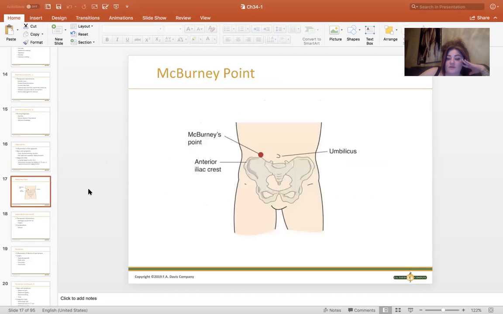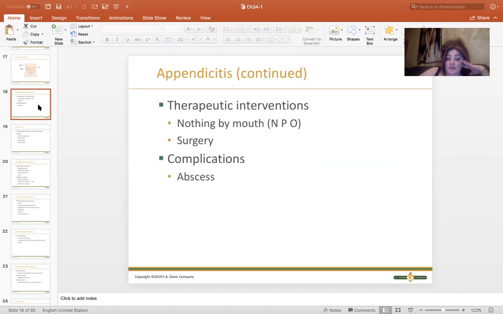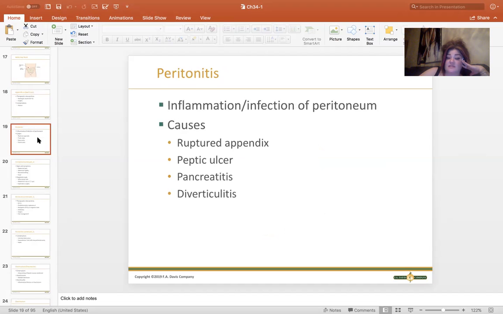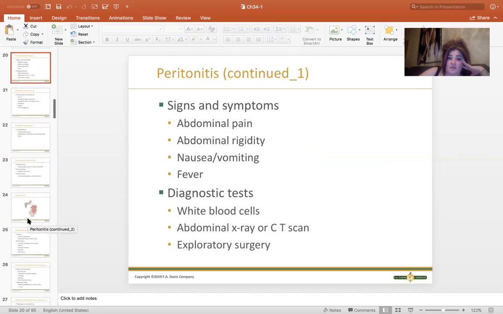We do not want that to burst, because that could potentially leak toxins into the body and can be extremely dangerous. It's considered an abscess that ruptures, and you can get peritonitis, which is an infection in your abdominal area. This can happen from several different things, and it's definitely life-threatening, and you want to have this looked